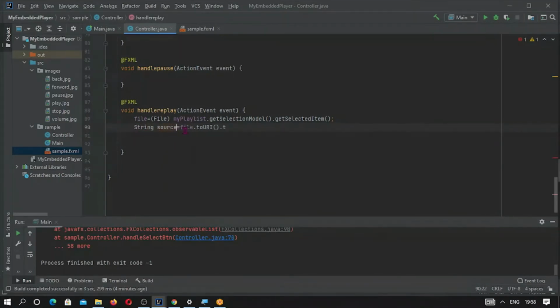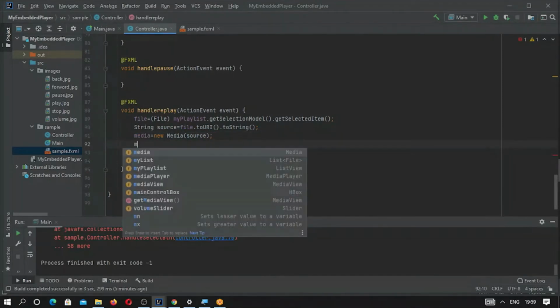This string will be given, and now the media object will be created with new, and here we will give the object.